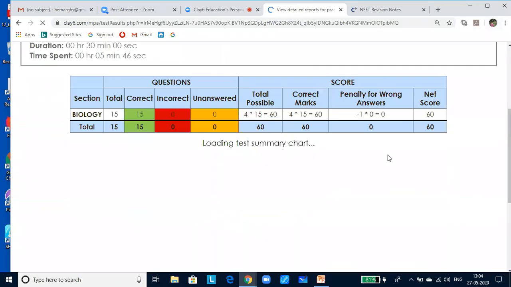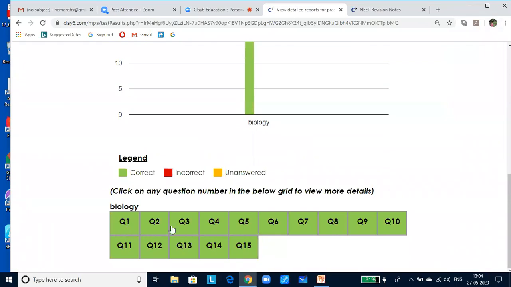So all the questions are correct. So if everything is correct, you will see green tile. If anything is wrong, you will be seeing it in red color. When you click on that question, you will come to know your choices also will be highlighted, and the correct answer will also be given along with the explanation. From this, you can identify your mistake and also get the right answer. If you have not answered, it will be showing in yellow color. And if you click on that question, you will get to know the answer along with its explanation.